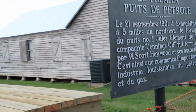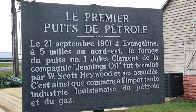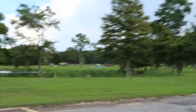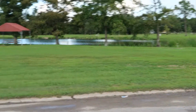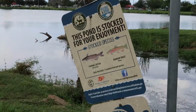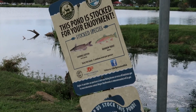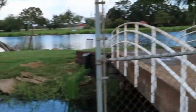But this is pretty cool. And if you can read some French, you can read this. Pause that if you can read that. But otherwise, it's like camping out here and stuff like that. You can take a little break from the ride on the interstate, come out here. And if you do some fishing, you can do a little fishing out here. So that's pretty cool. We can see if we can see some fish, but first I'm going to the little island,